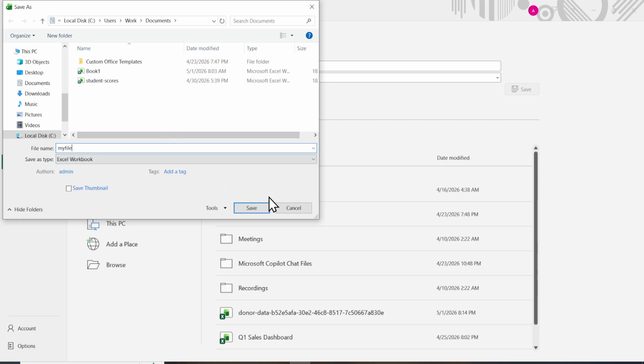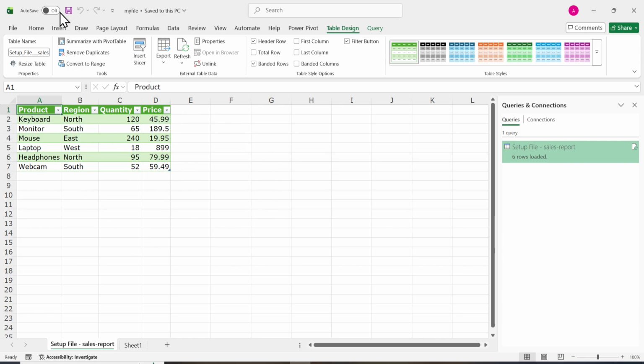Now click into the file name box and type Sales Report. Type it as 2 words, because the final saved Excel file will be named salesreport.xlsx. After the name is entered, click Save. The Notepad file's data is now inside a real Excel workbook as a formatted table with 4 sortable and filterable